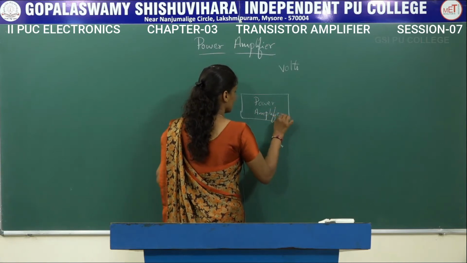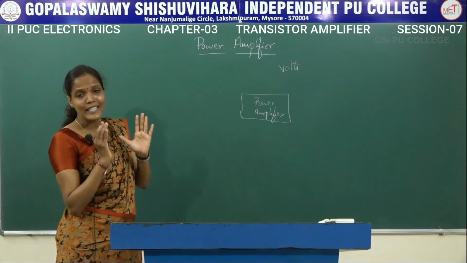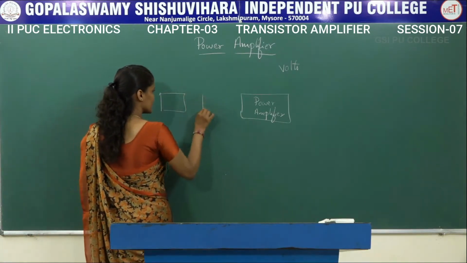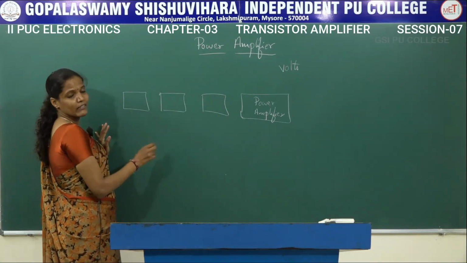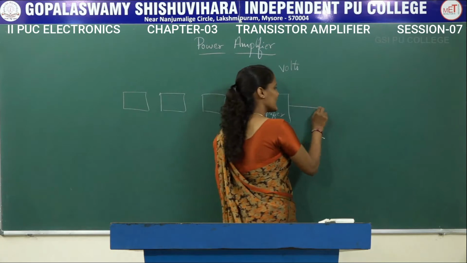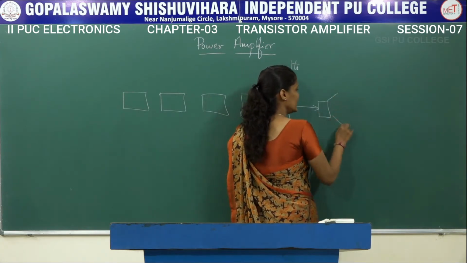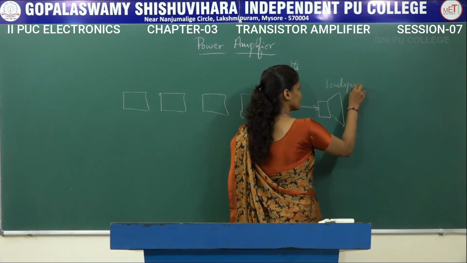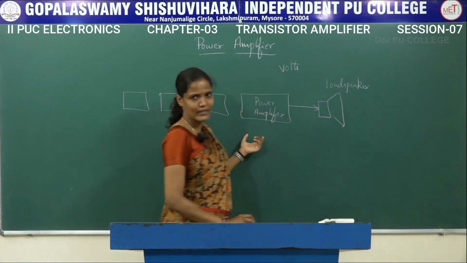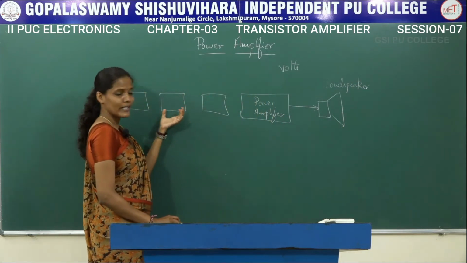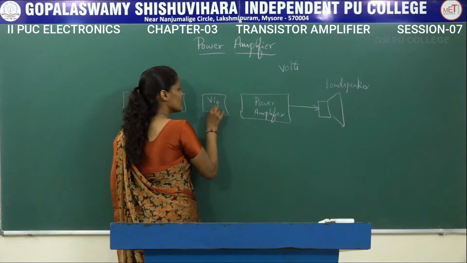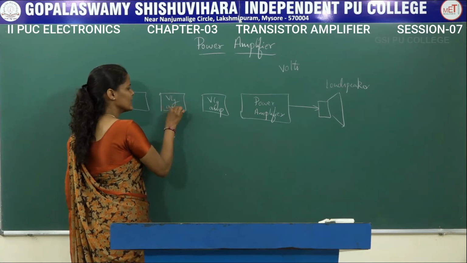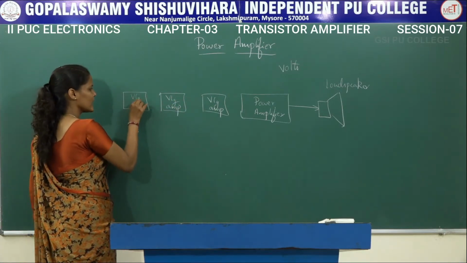Amplifier circuit ಅಂತ ಹೇಳಿದಾಗ we are not going to use only a single block of amplifier. Instead, we are going to use a number of amplifier circuits together to give a required output which can help in driving the loudspeaker. If I am going to consider this as a loudspeaker and this as a power amplifier, preceded to these power amplifiers will be having a number of voltage amplifiers. So ಇದಕ್ಕಿಂತ ಮುಂಚೆ ಪವರ್ ಆಂಪ್ಲಿಫೈಯರ್ಸ್ ಗಿಂತ ಮುಂಚೆ there will be a number of voltage amplifiers.